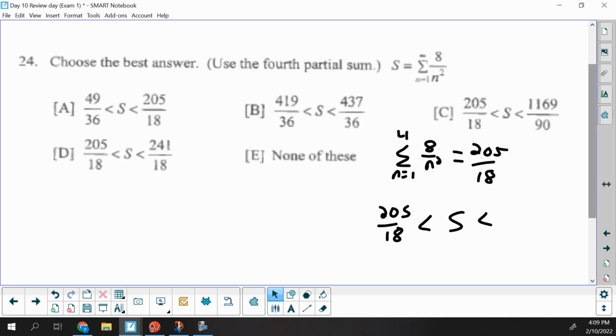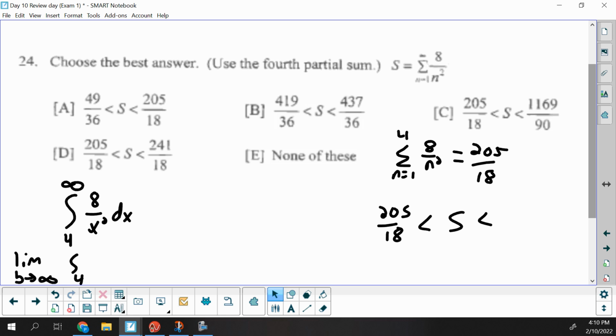Then on the right side of that inequality, we would put 208/18 because we would know that 3/18 is bigger than the actual gap between the fourth partial sum and the infinite sum. So what we're going to do here is the integral from 4 to infinity of 8 over x squared dx. That would mean we're doing the limit as b approaches infinity